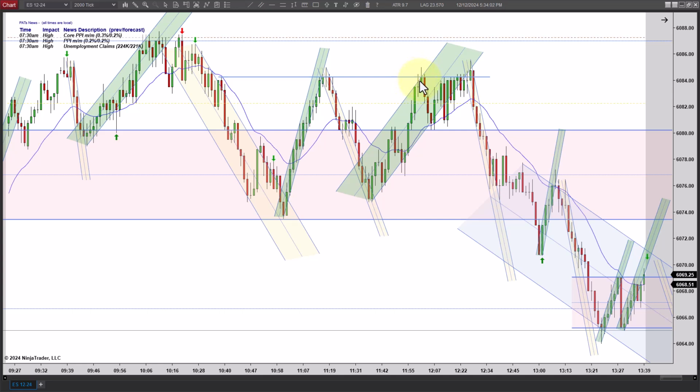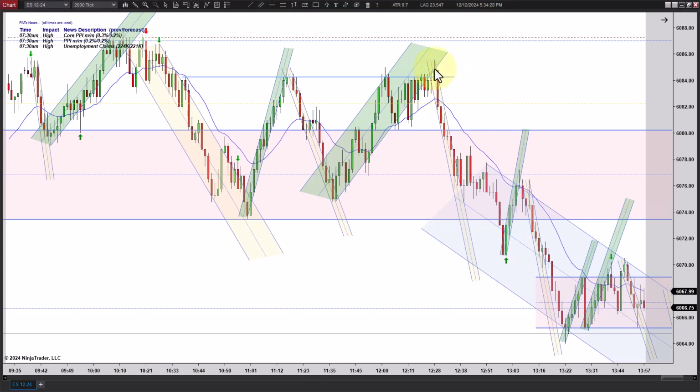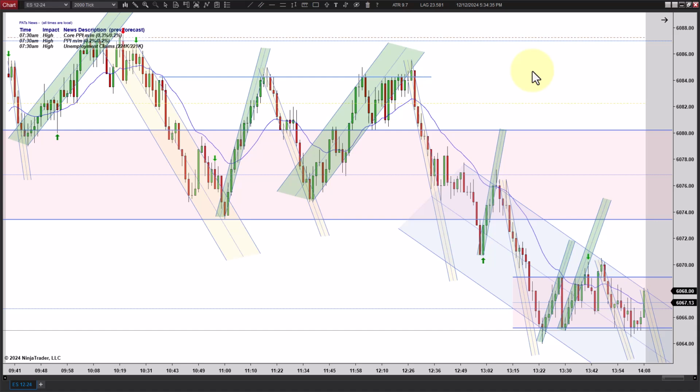And then it comes up here, and you might say there's a triple test here, but again, the signal bar is horrible. And you finally get a close outside. There's a second entry long right here, but you can't go long right into the highs. And you see how it fails here. I think it would have ended up getting the scalp in the end, but it's not worth risking it. And then the bottom falls out, and once again, no signal bar. I mean, all you've got to do is hope that closes in the lower third, and you could go short there, and you could catch a nice run down, but no such thing.